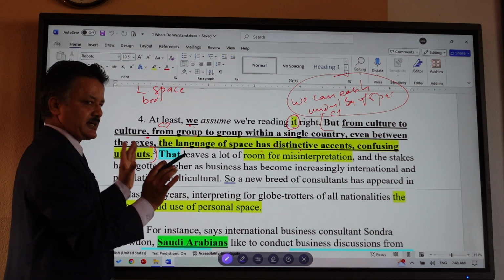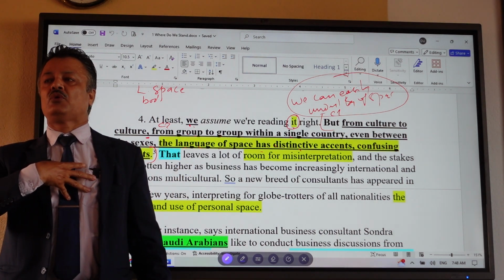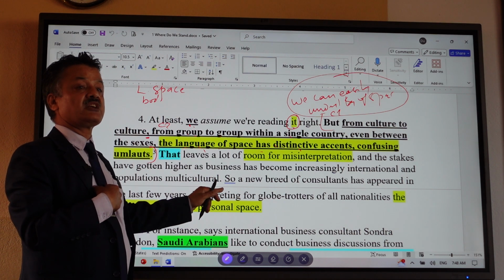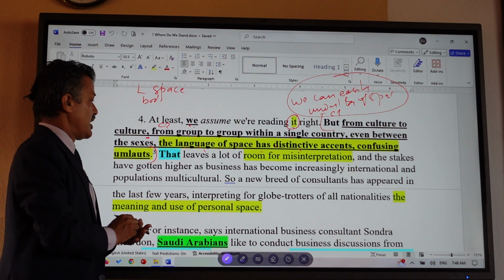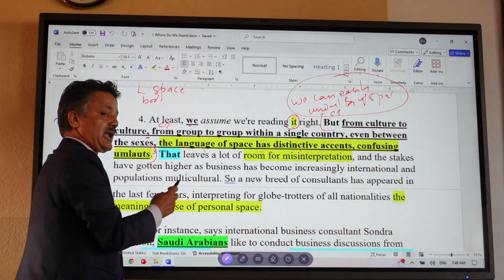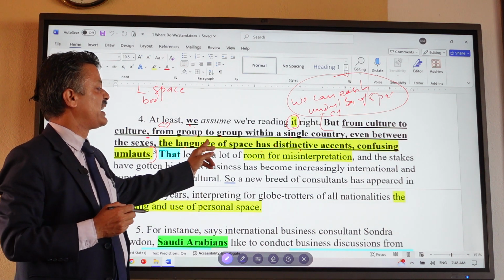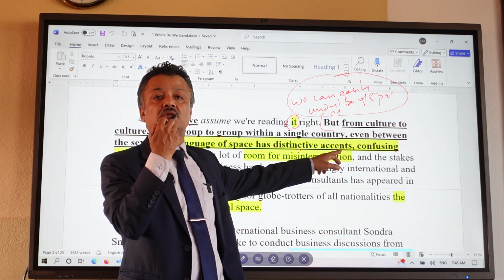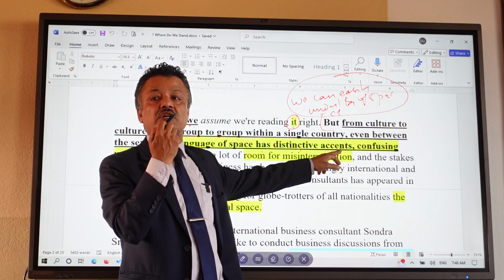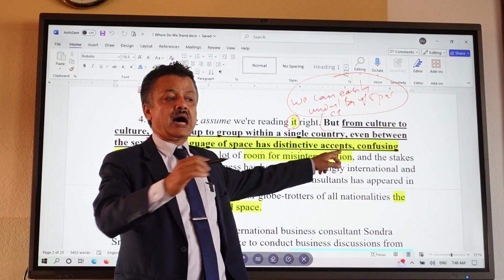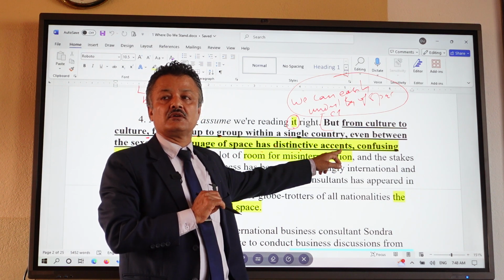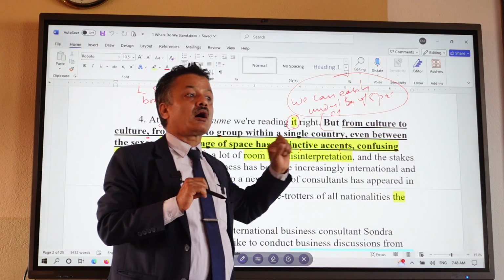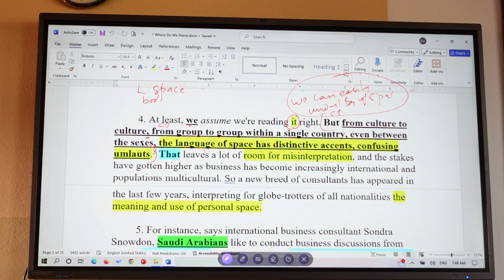Now this thesis, as I said, is hard. How? It is a plan of development for the essay. Now here she says that the language of space is different. It's like accent. What is accent? Look, my English is not very good. If there was an Australian or American or British person in this class, you would compare and say, Divakar sir, he speaks better than you. Accent is the very minor